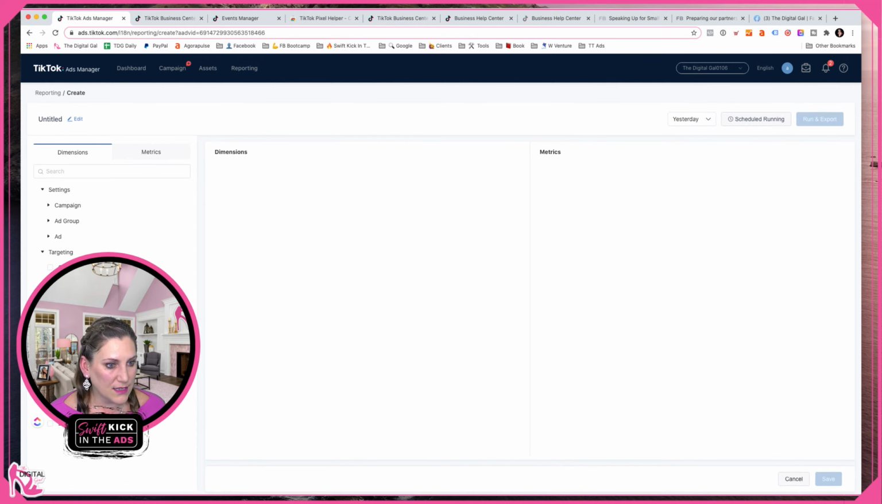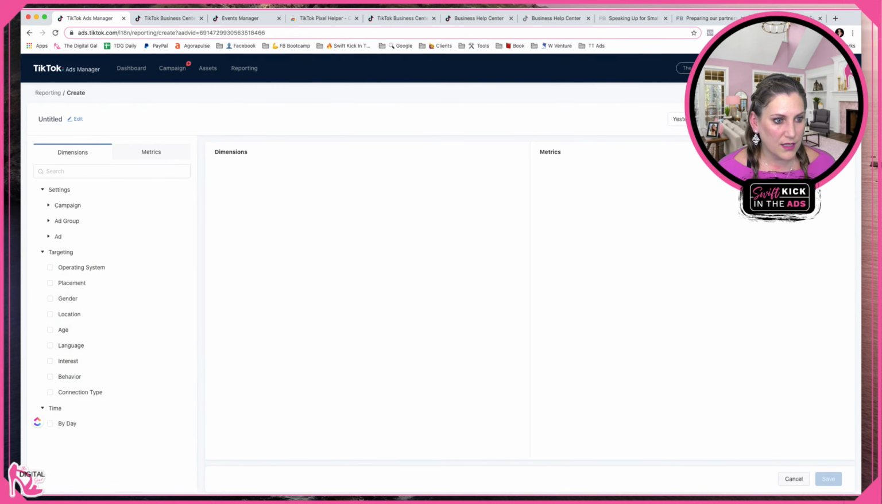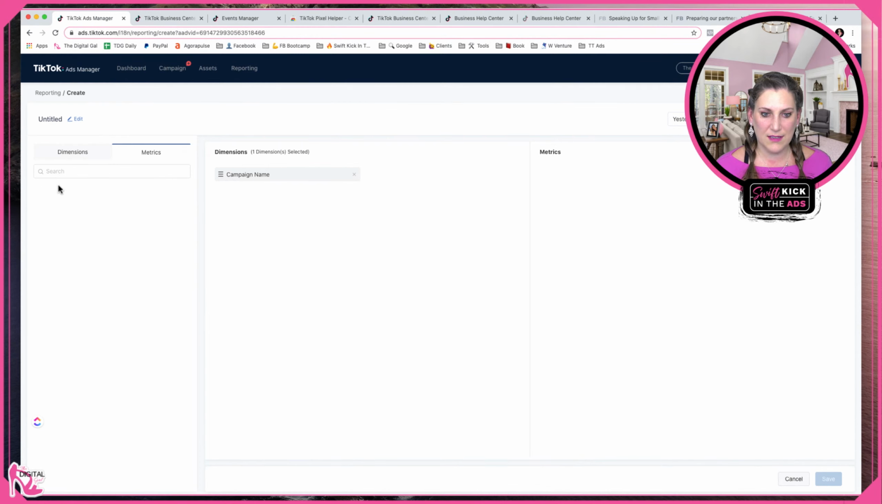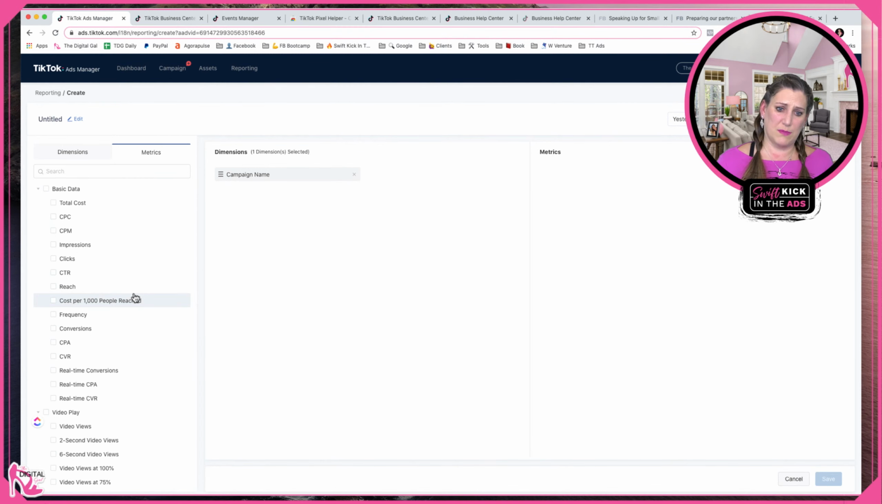I'll move my face again to the top right. Dimensions are what you want to track. Metrics are how much. What's the quantity of that has taken place? So it looks like you can really go ahead and select campaign name, metrics. I was gonna say there's none to pick from, but there are. How many clicks did I get? How many people reached? And then if I had data in here, I could run that report or schedule it